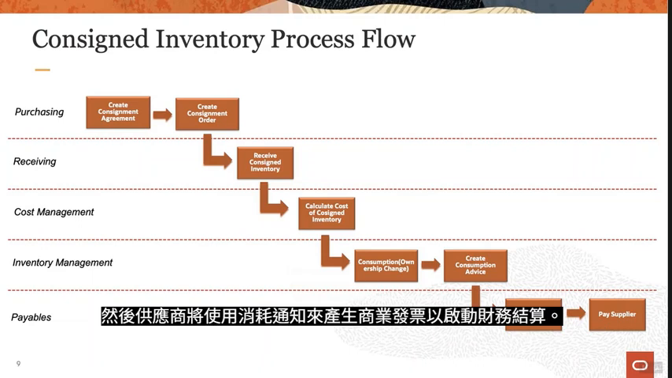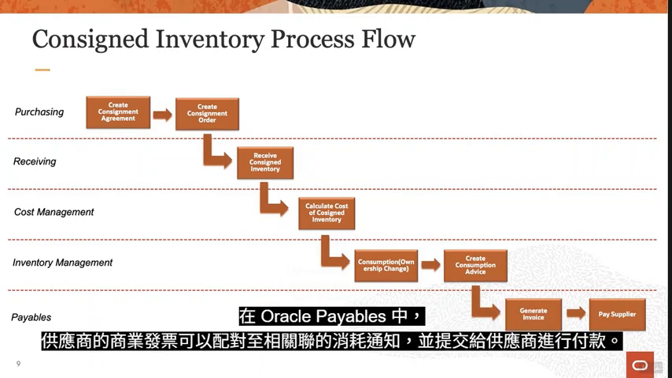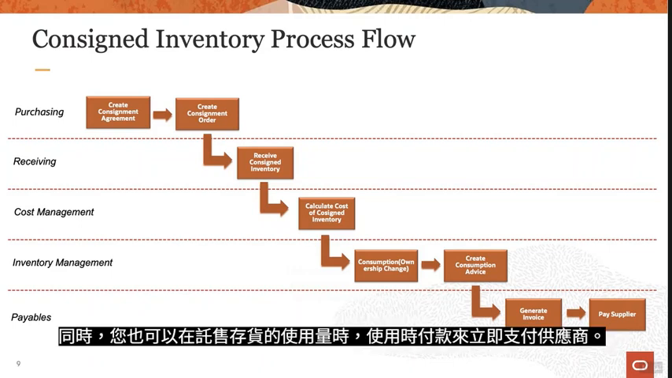Then the supplier will use the consumption advice to generate an invoice to initiate financial settlement. In Payables, the supplier's invoice can be matched to the associated consumption advice and submitted for payment to the supplier. Optionally, again, pay on use can be used to pay the supplier immediately upon usage of consigned inventory. In this overview